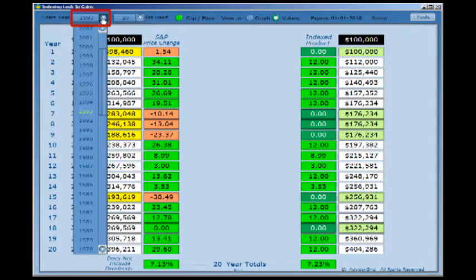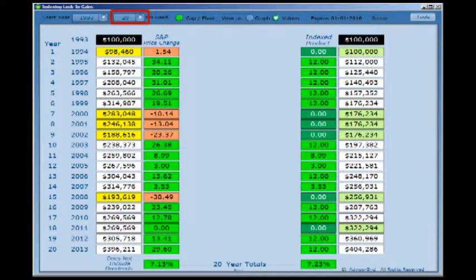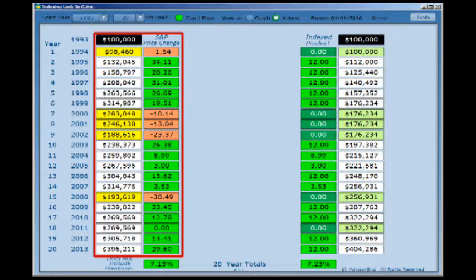Start by selecting the historical period of market performance you wish to use in your illustrations. Loaded into the program are historical year-to-year price changes of the S&P 500 going back to 1930. Select the start year and the total number of years you wish to illustrate. On the left side of your screen, you'll see the year-by-year price changes of the index for the period you've